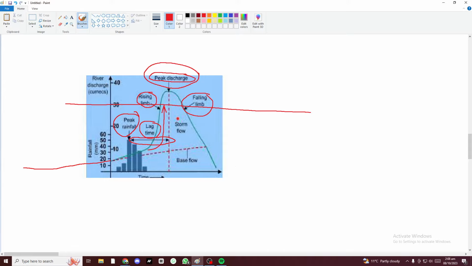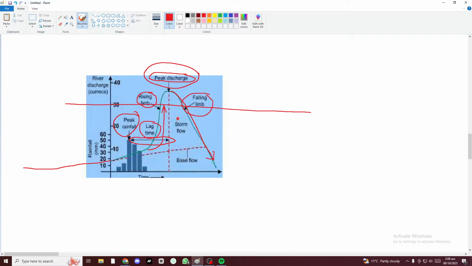So peak discharge occurs, the receding limb or the falling limb is just the discharge after peak discharge has occurred. So it is always downwards. It always occurs after peak discharge, and you must just remember falling limb because it's falling off the top. Here's the peak, it's falling limb. Okay,